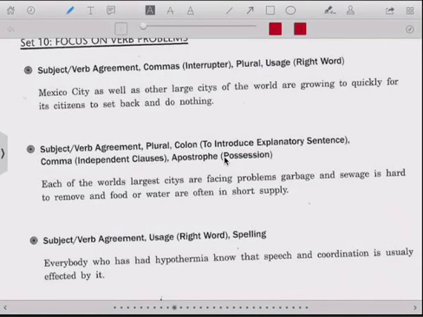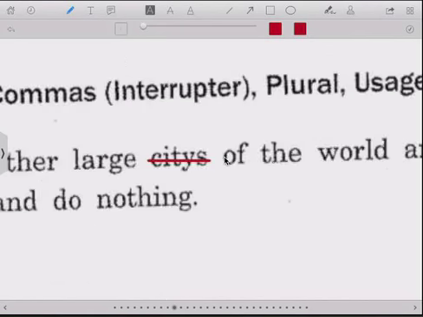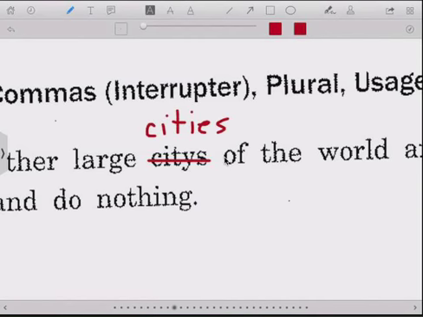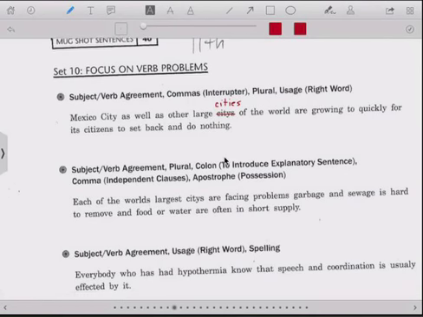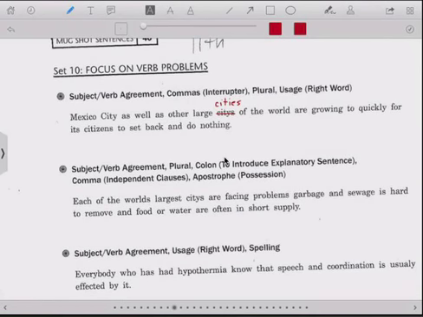Okay, we're doing set 10, focus on verb problems. First one: Mexico City as well as other large cities. We know that cities should change the Y to I and add ES. As well as other large cities of the world. This is the interrupter. Could just say